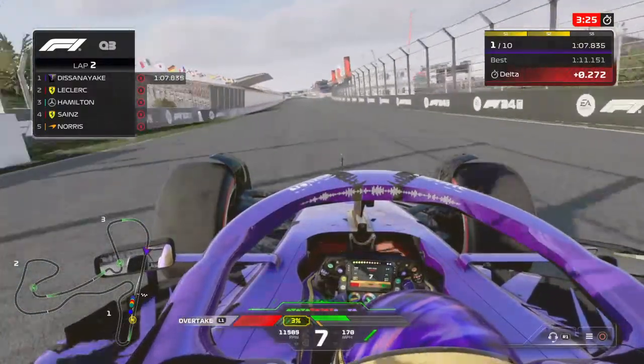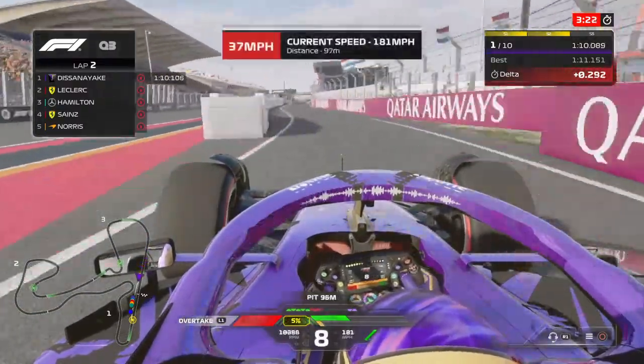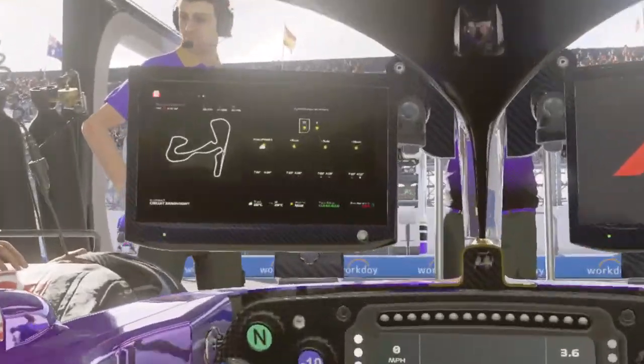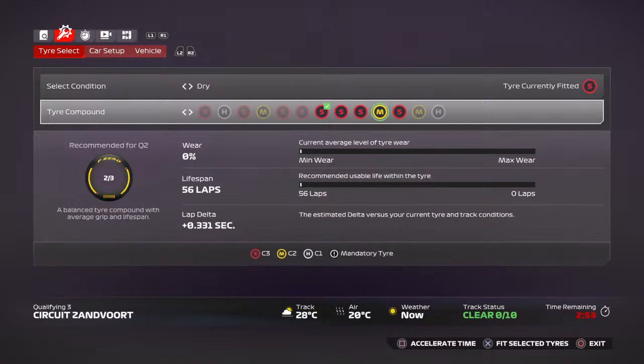Right, you know what? We'll dive in the pit lane. We'll get new tyres and go out again. Let me just make it in the pits. Okay, watch this lap, guys. You know what we're gonna do? I'm gonna take the gamble. We have nothing to lose. We're gonna go to medium tyres. Actually, let's compare. These soft tyres apparently are much quicker. We'll go mediums, the yellow stripe tyres. We're gonna set a lap on those tyres. If we beat it,